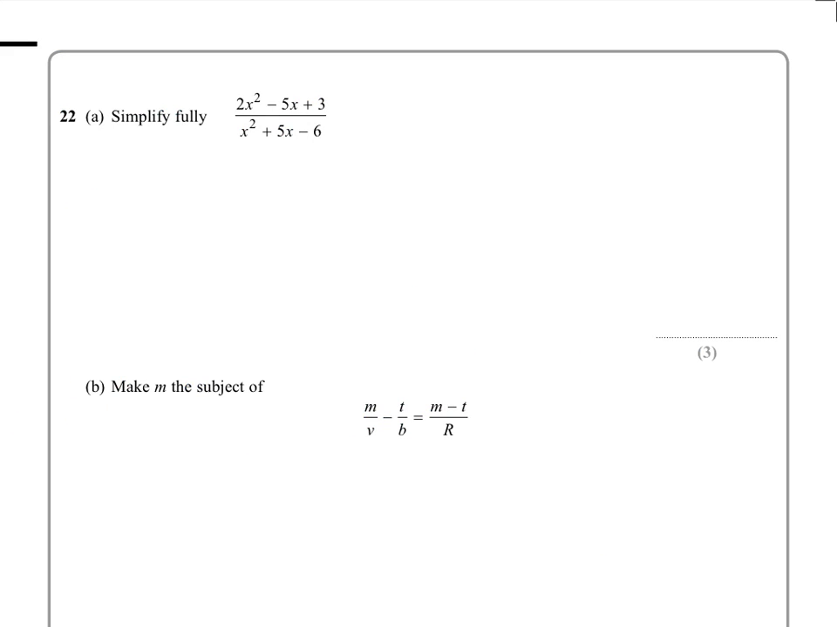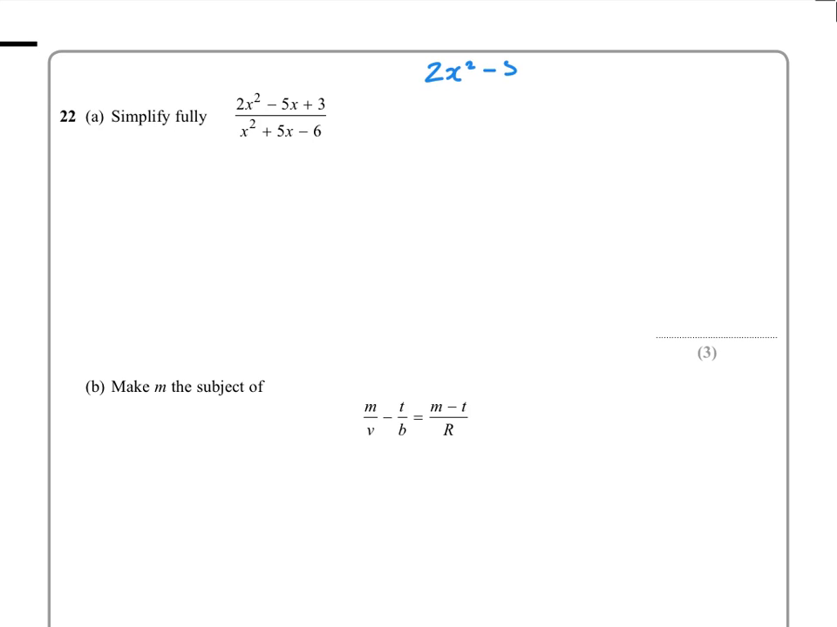So this is one of the quite difficult questions on the paper now. We've got to simplify fully this expression. Now some people start doing this, and they get answers like 2 and 3 is 5, take away 5 is 0, and then nothing there, 5, and so the answer must be 0. Well, come on, let's have a think about this, because we've got a fraction here and it's got a numerator